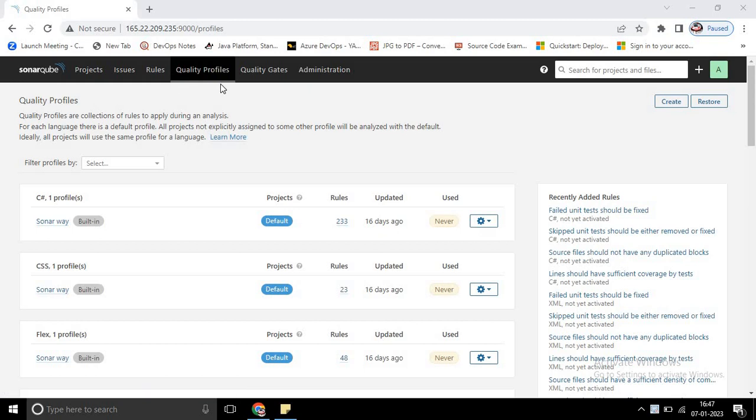I'm in a new module, which is quality profile in SonarQube, which is very important for developers or DevOps teams who want to customize their quality profile. So what is a quality profile? It is the set of rules which we apply to our code